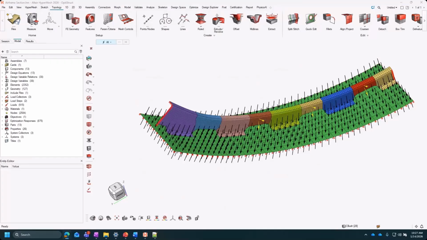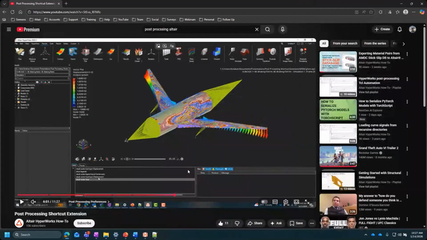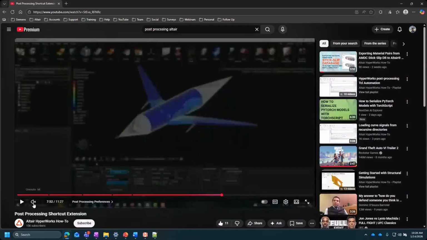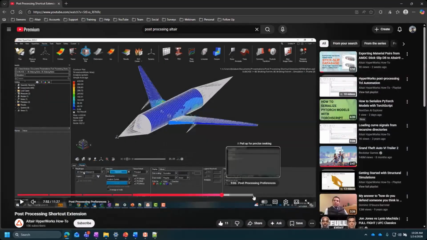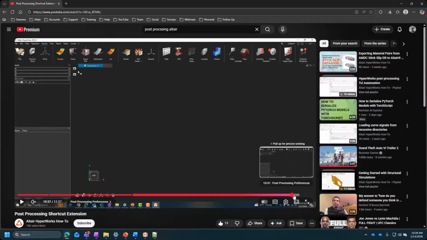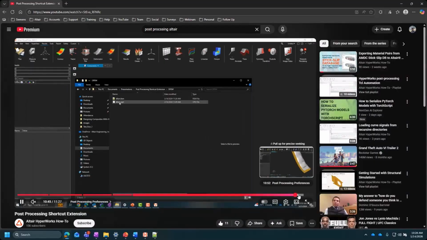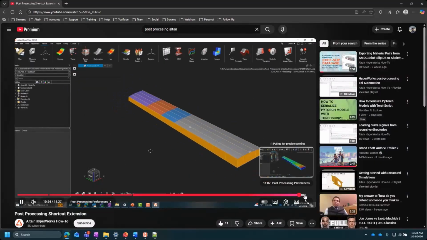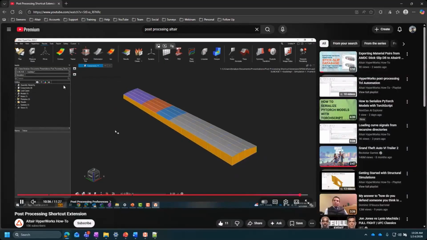Here we go. Let me drag this over. So I'll send you guys the link to this video as well as the files that I use here. But the idea is using HyperWorks commands to create the end goals to have these 2 buttons. So one that would apply displacements and one that would apply stresses. Yeah, let's see that in action.